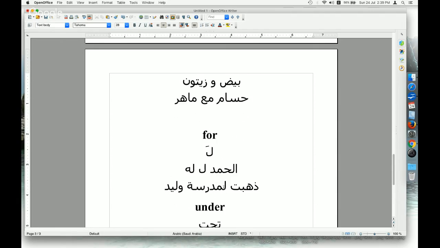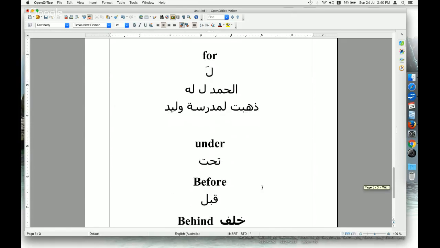So if you have a sentence and you have an object, or you have a location and you have a position, and you want to say I went to this place, I did to this person, I said to that person. Let us say I want to say I said to Maher, قلت,